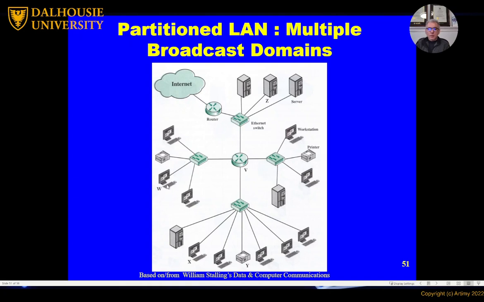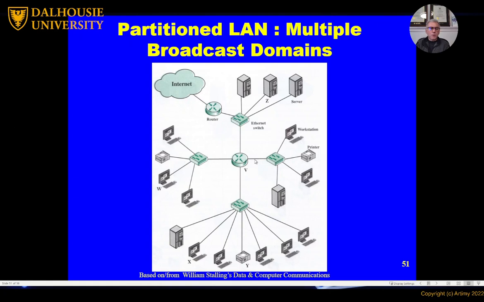So W, if it tries to send a broadcast, it will be listened to by the stations connected to the same switch here, but it won't go to other switches, right? So to send something to other switches, it has to use a particular IP address to pass.